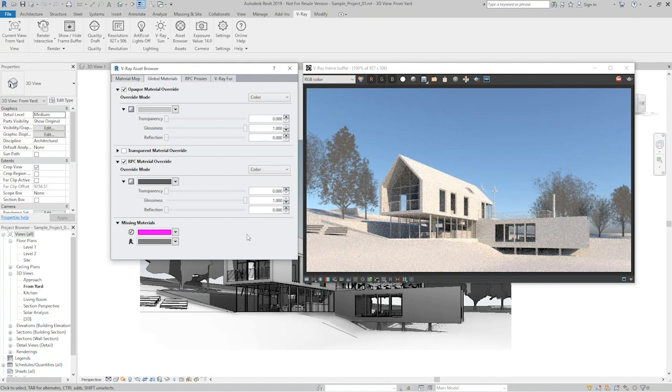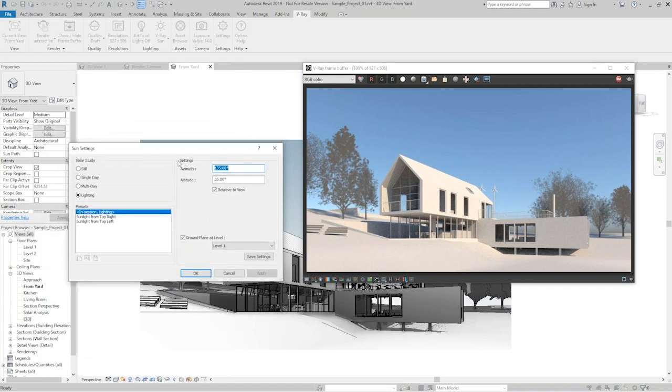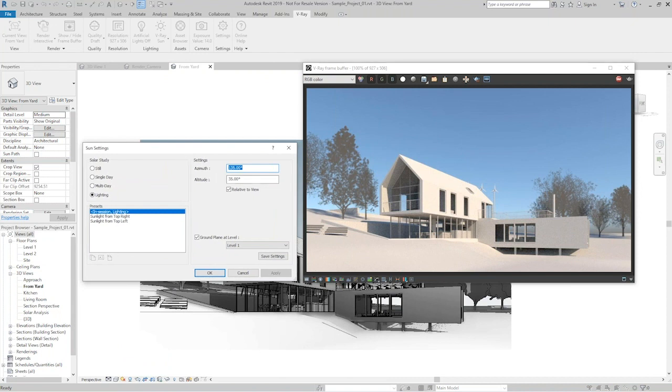These features are great for exploring a project at an early stage, for massing, lighting, and spatial studies. In my case, I use them as a starting point for setting up my lighting and camera. And after I set them up, I will continue with the material setup. So V-Ray takes the sun position from Revit. So if we play with the sun position in Revit, our image will update in real time. I will change the azimuth and altitude, click apply,